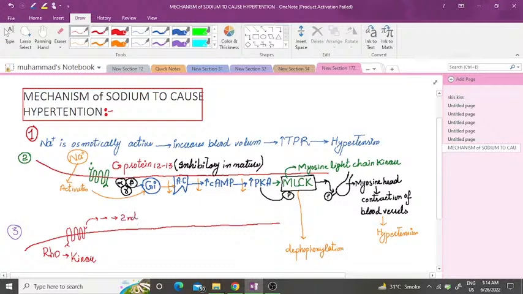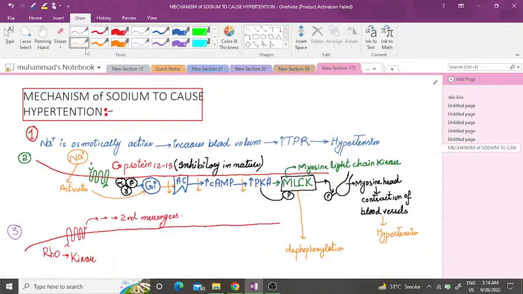And those second messengers are associated with rho-kinase,